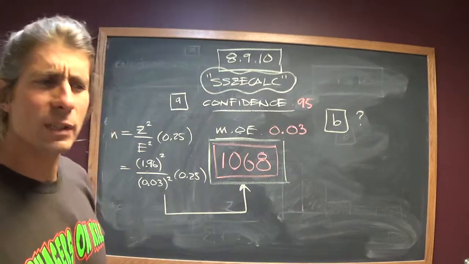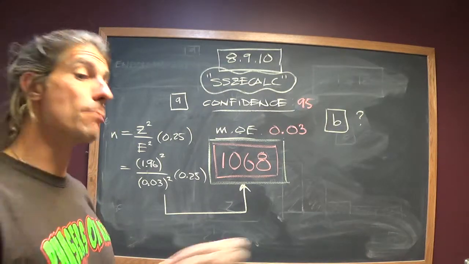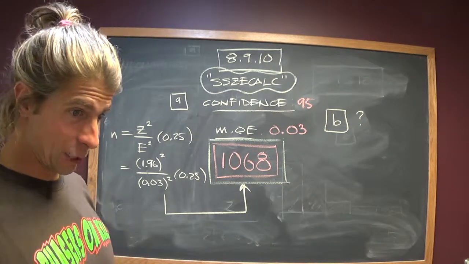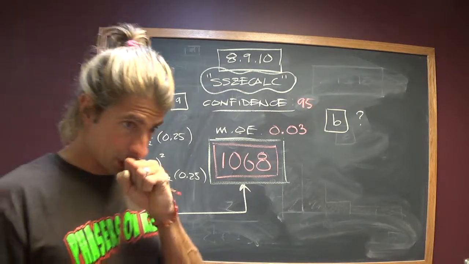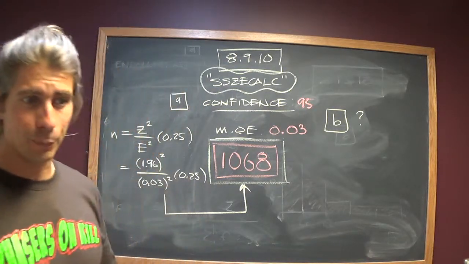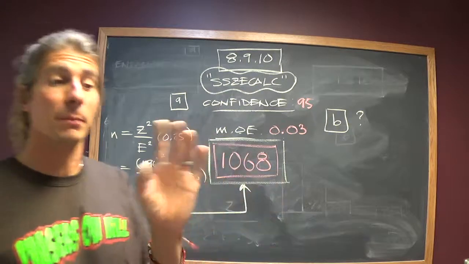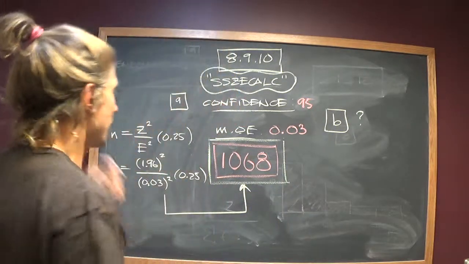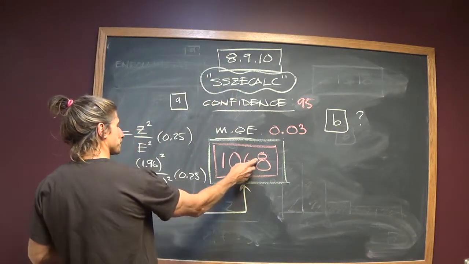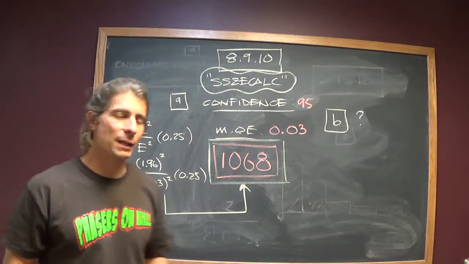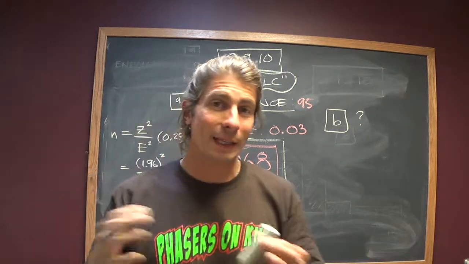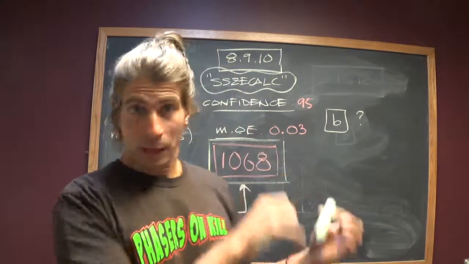Part B says if it was later determined that it was important to be more than 95% confident and a new survey was commissioned, how would that affect the minimum number you would need to survey? So here's your minimum number from before. So what's cool about this, you can think about this purely logically or mathematically, formulaically.